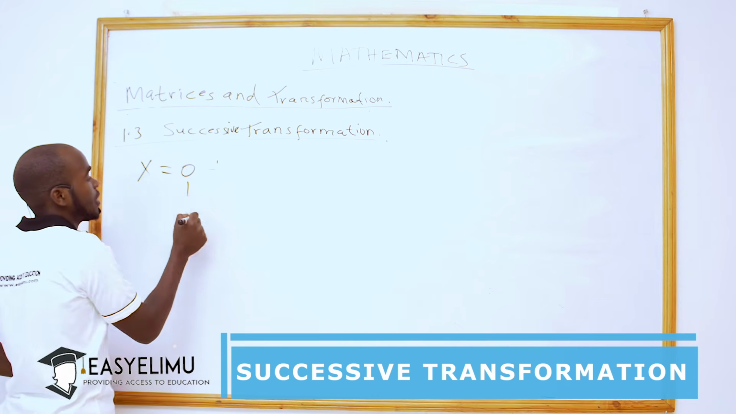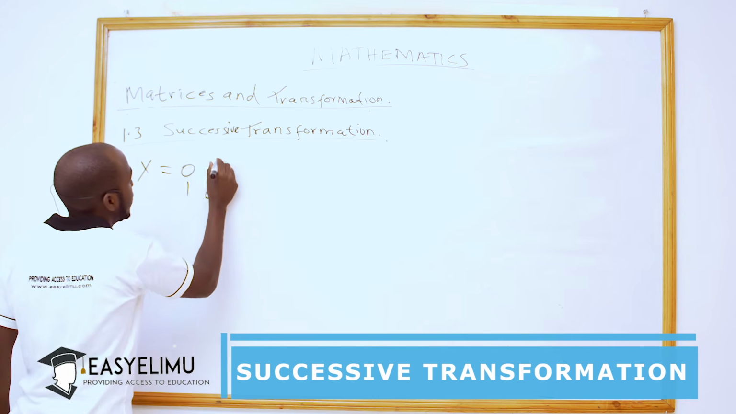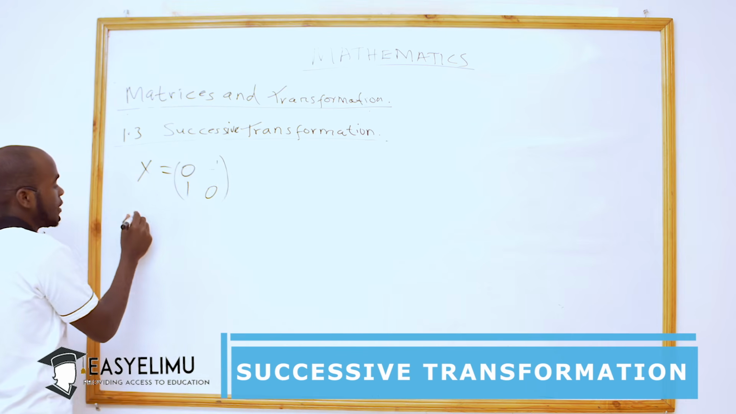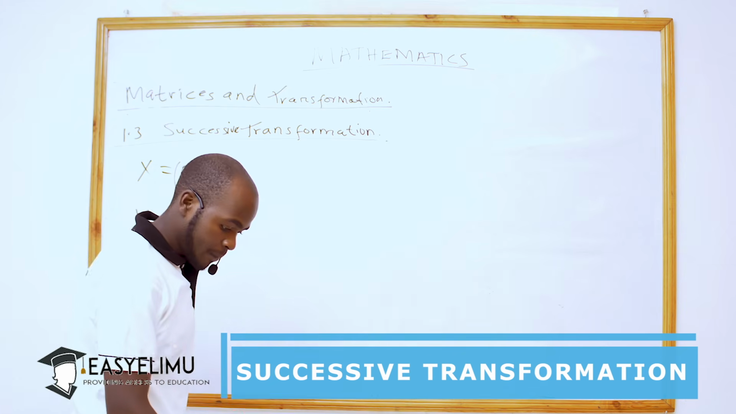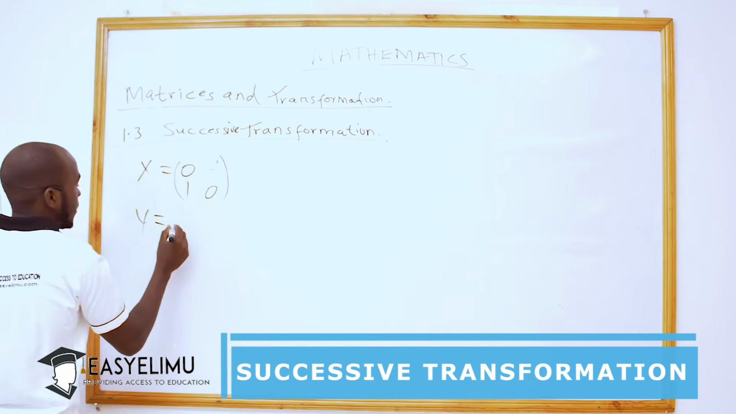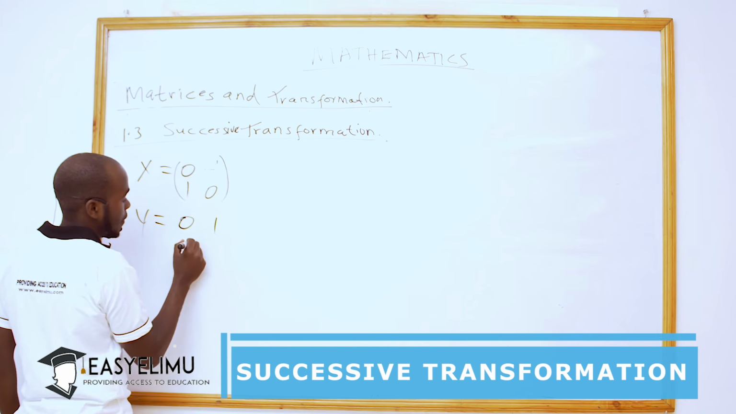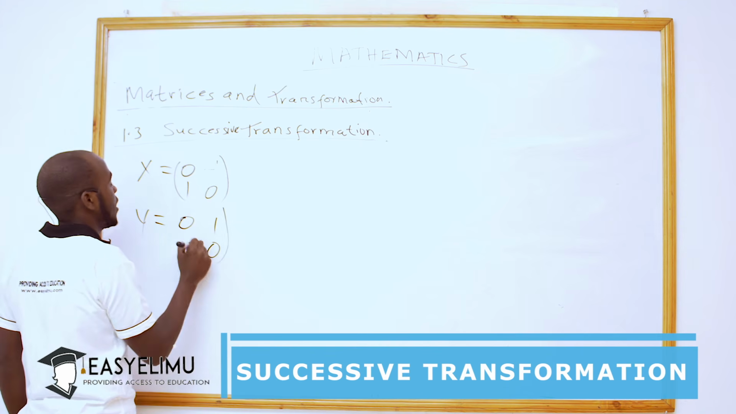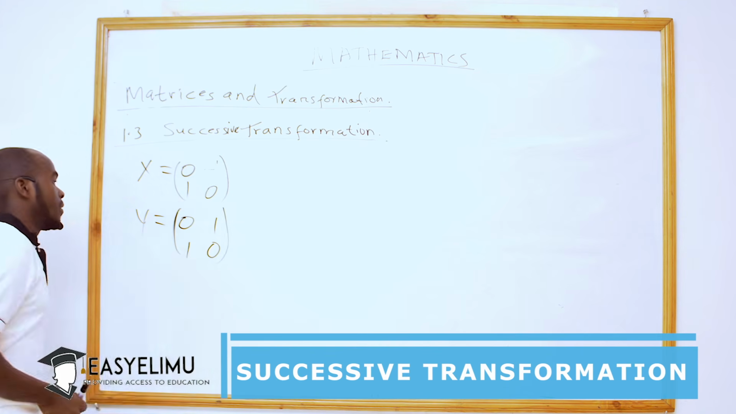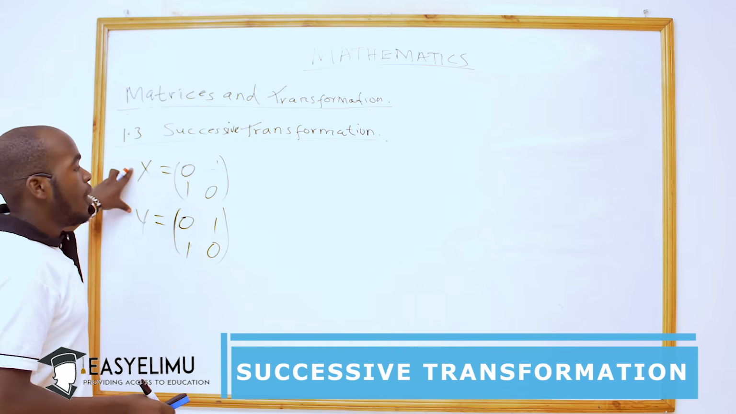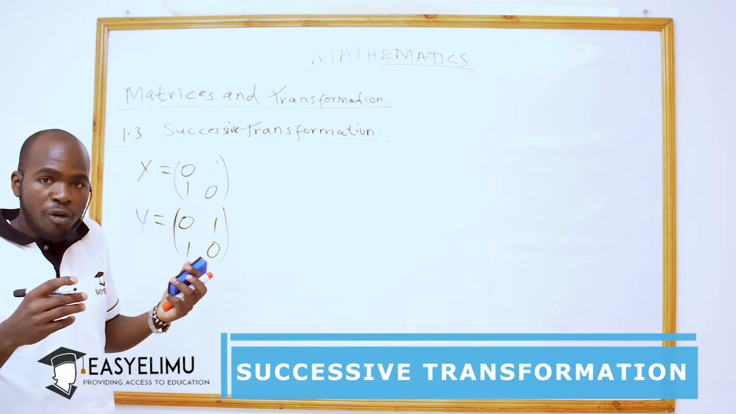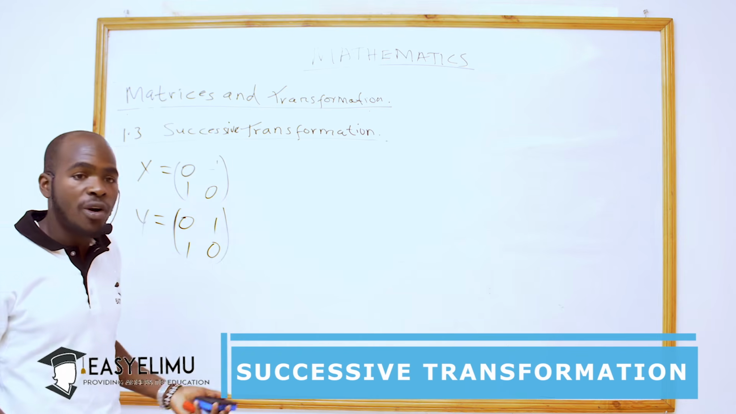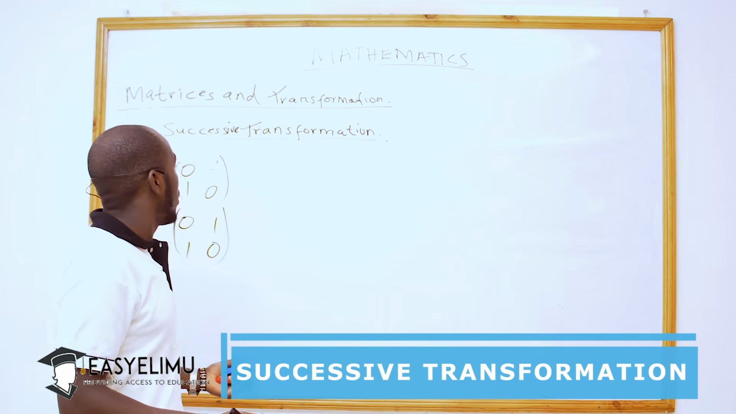Our first transformation is a rotation through a positive quarter turn, and another transformation Y being, for example, let's say 0, 1, 1, 0. This is another one, a reflection. Now, you may be given a triangle or any kind of object, may it be a rectangle, a square,